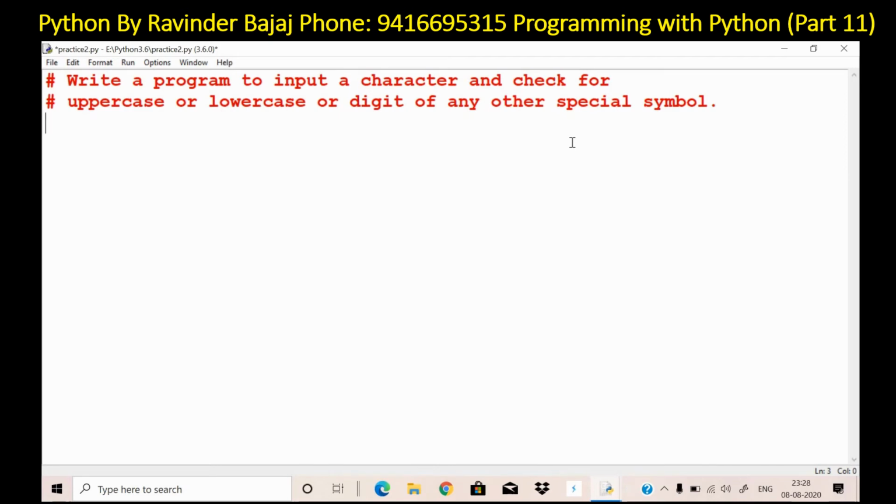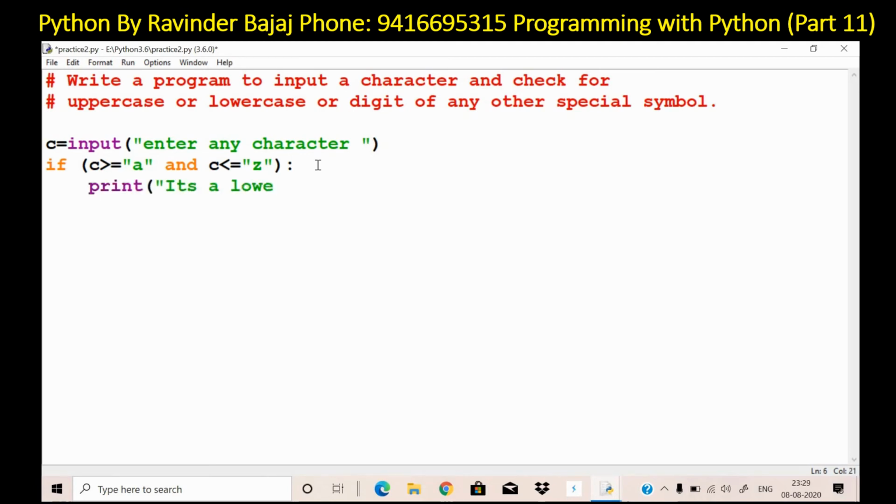So the solution is c is equal to input("Enter any character"). So you will take the character in the variable c. If c is greater than or equal to 'a' and less than or equal to 'z'. So here I have used small a and small z. So it will print "it's a lowercase character".